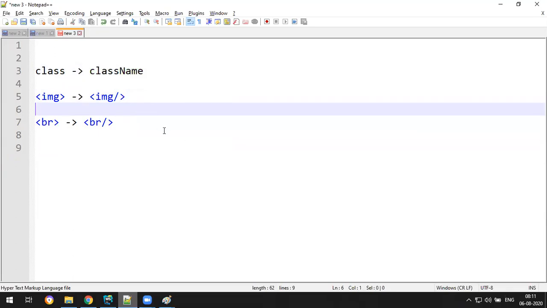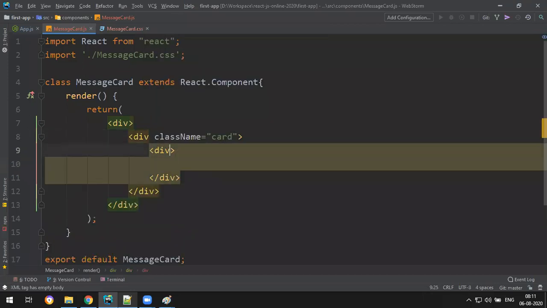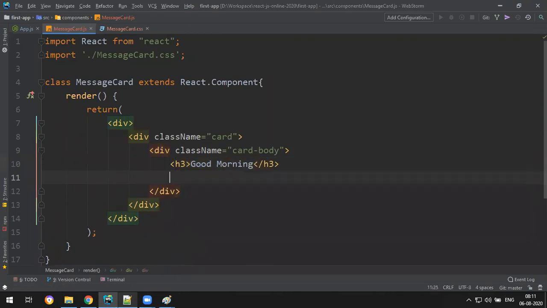We'll see them. Okay, so className, I want card, and inside I want another division with the class called card body. Inside I want some h3, some message called good morning static. Inside I need a paragraph p with the class called card text and some dummy text.